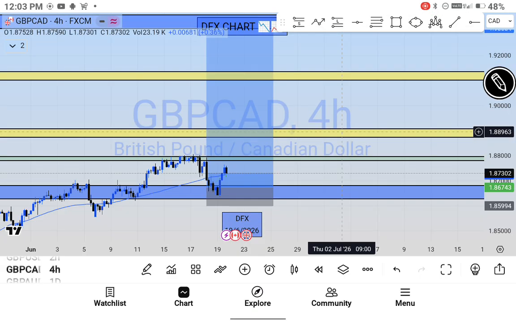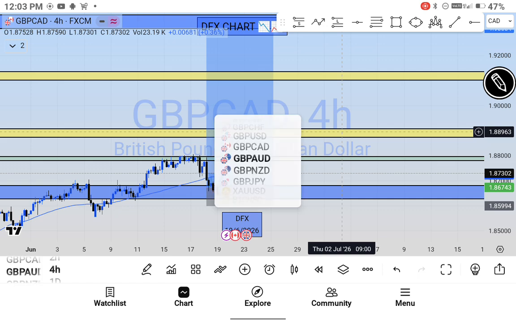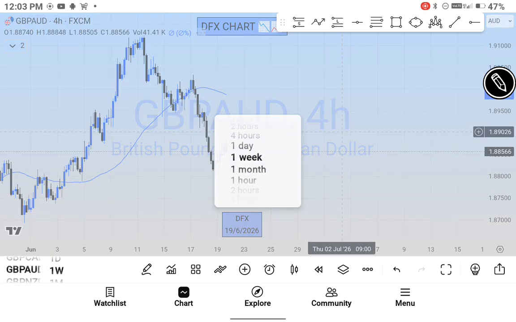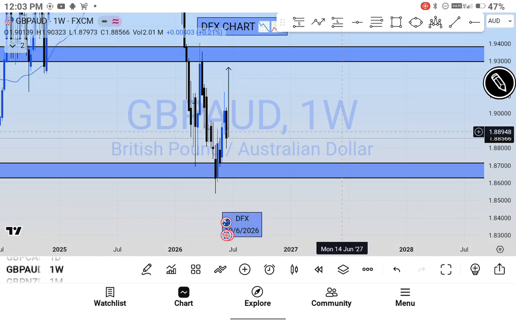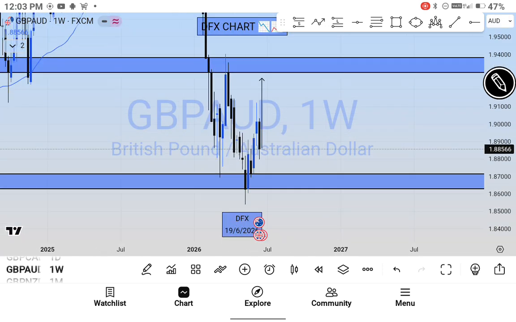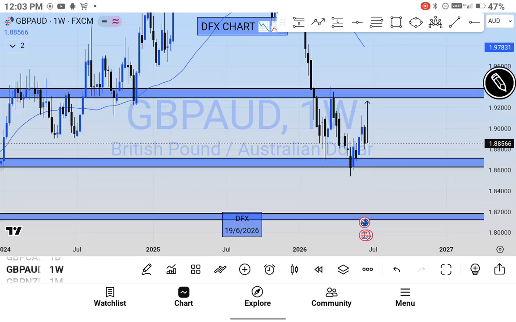On Pound CAD, no trade for now. We just wait on our position. Now Pound AUD on a weekly time frame. On the weekly time frame, we have the market also forming